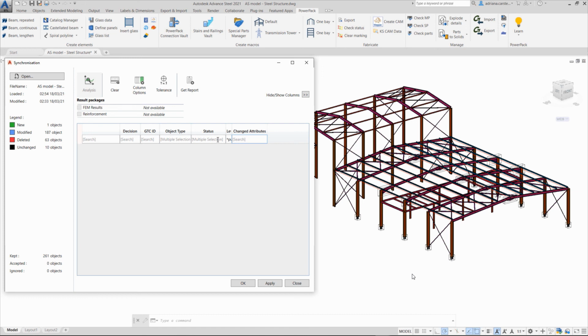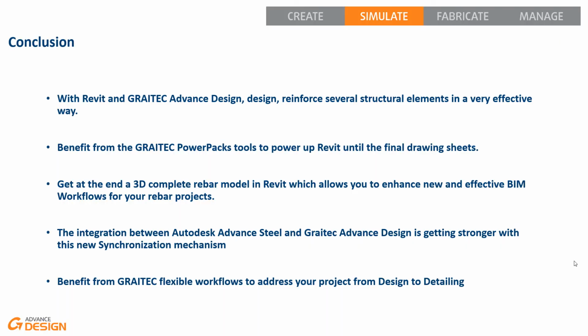Okay, so that's it for the description and the overview of a possible workflow for steel. So you see there are plenty of possibilities, and another possible workflow for steel would be to place Revit in the loop again, and it would be possible to combine capabilities of the Beam Connect between Revit and Advanced Steel, or Advanced Steel and Advanced Design.